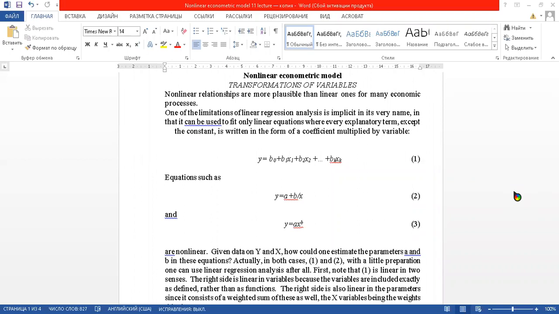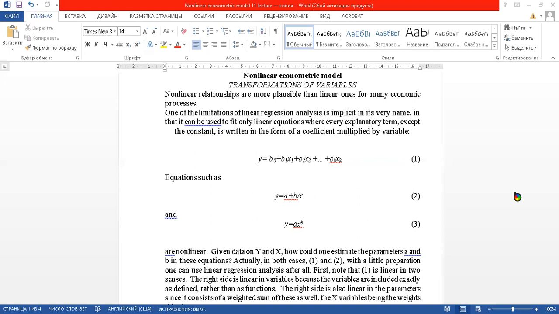Nonlinear econometric model, transformation of variables. Nonlinear relationships are more plausible than linear ones for many economic processes. One of the limitations of linear regression analysis is implicit in its very name. It can be used only for a linear equation where every explanatory term except the constant is written in the form of a coefficient multiplied by a variable. Y is equal to beta naught plus beta 1